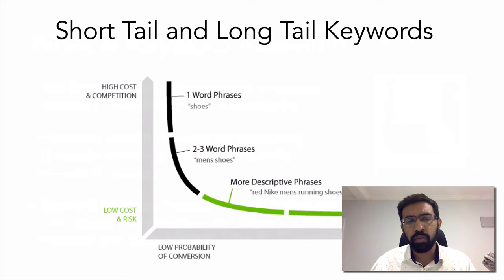Long tail keywords have low cost and risk and have a high probability of conversion, but creating content for all the different types of long tail keywords is a bit difficult, and that is why we see competition being higher with short tail keywords, right? So as a digital marketer, you should always be aiming at trying to create more ads and more content for long tail keywords. So this concept you will understand as we go further into the lessons and delve deeper into this concept.